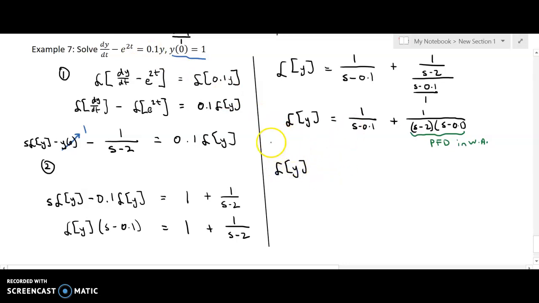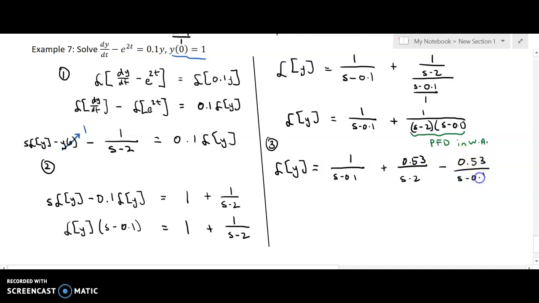This is sort of our cleanup step now, where we're just trying to get everything to become invertible, so it's easier to see. We have 1 over s minus 0.1. And then in Wolfram Alpha, if you do this, you get plus about 0.53. There's more decimal places, but we're just going to round to 2. S minus 2 in the denominator, minus 0.53